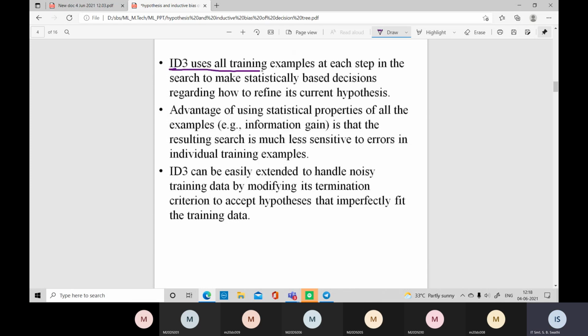And ID3 uses all the training examples. If you have given 1000 training examples, it will use all 1000 training examples, irrespective of whether the data is clean data or not. Now, what do you mean by clean data, students? Clean data means without any noisy data or missing values. Noisy data, in more simple words, means missing values or duplicate values. Yes. If there are any missing values, or the values in each and every column are not matching.